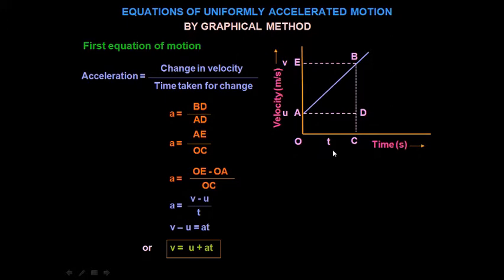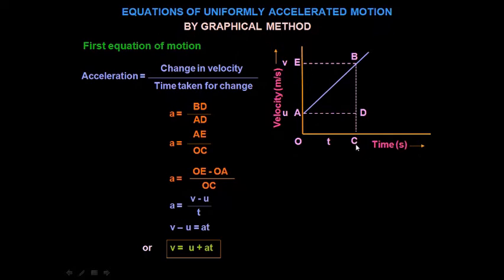So after time t the velocity becomes v, that is the final velocity. You can say BC is the final velocity, or you can say OE is the final velocity. To complete the figure, we draw a perpendicular CB from point C,